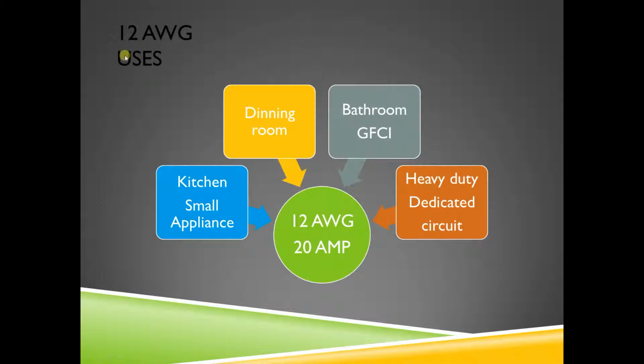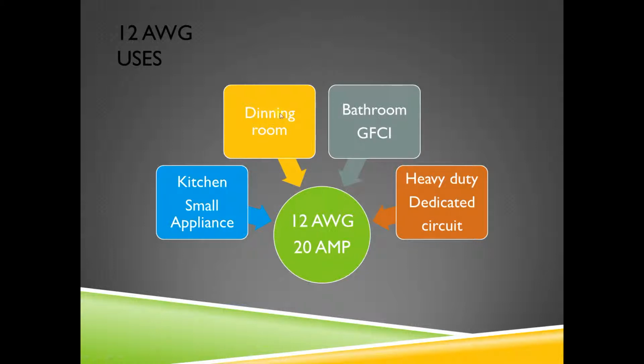12 gauge wire and some of its uses. 12 gauge wire is rated for 20 amps, and some of the places you'll find it in a residential environment will be in the kitchen. By code, you have to have 2 small appliance circuits in the kitchen. The dining room that's adjacent to the kitchen has to have 20